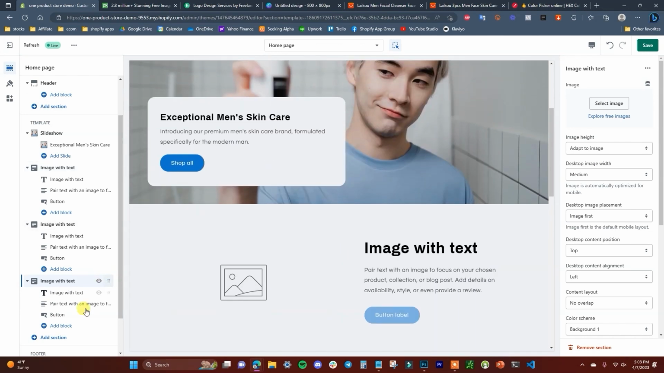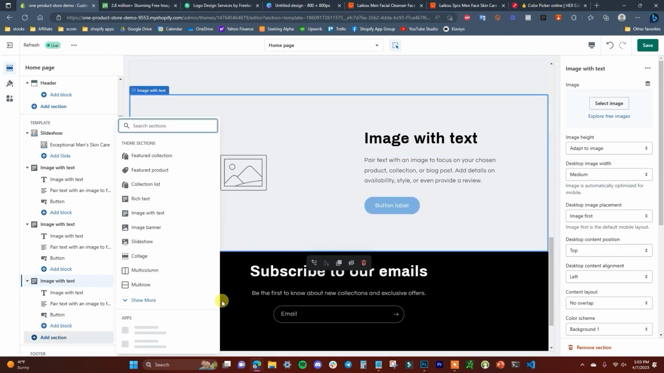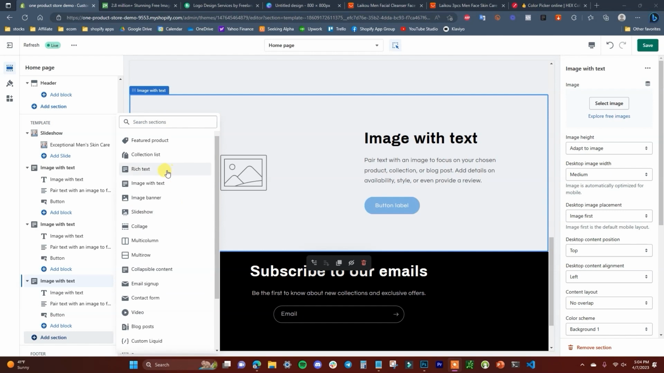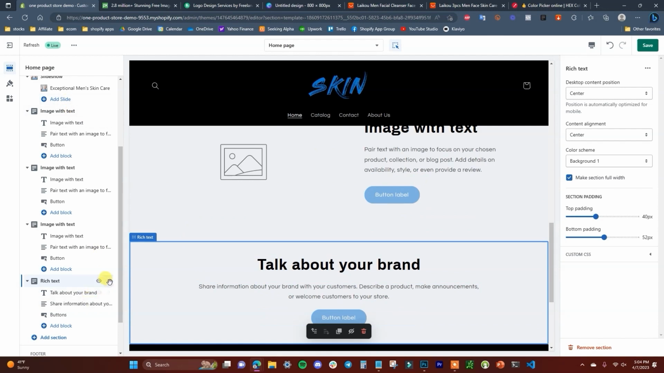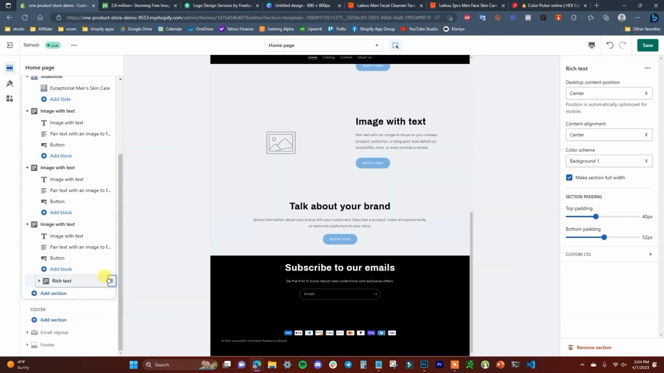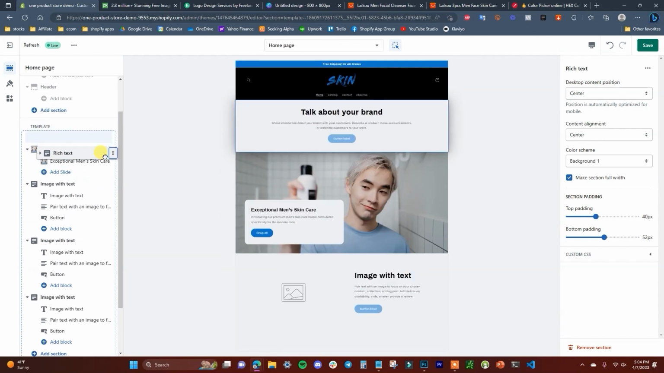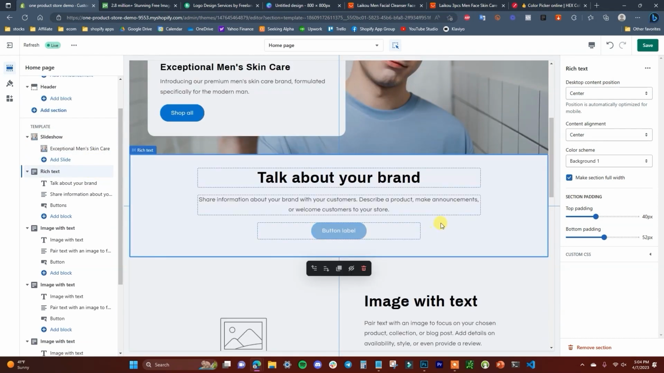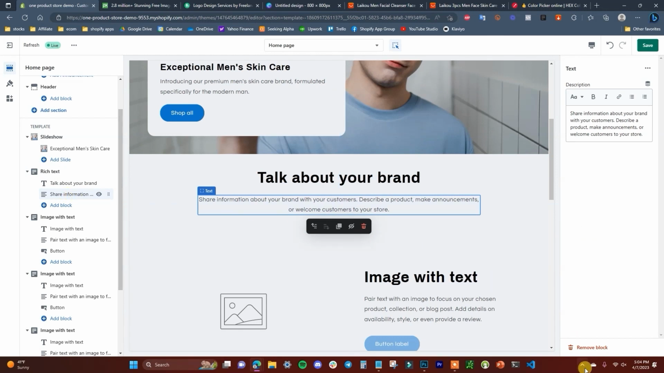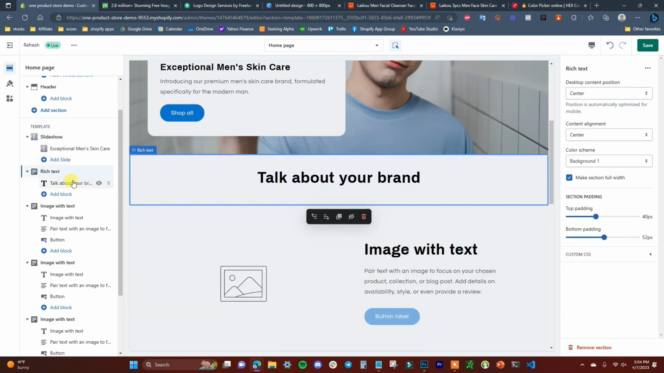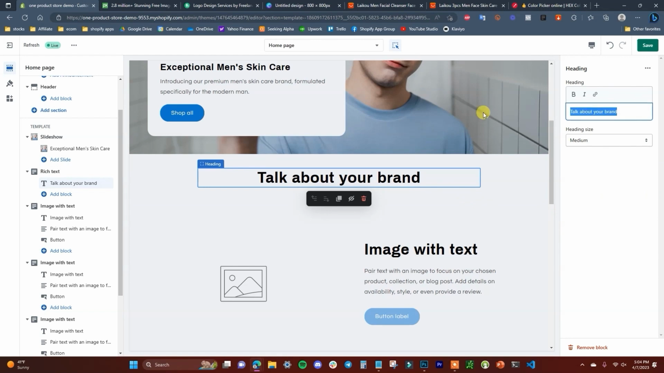And next, I'm going to add one more section, and it's going to be a rich text section that we're going to use as the header for these 3 images with text. So I'm going to grab this section here, drag it on top, and click on buttons, and I'm going to remove this block. I'm going to remove this block because all I want this to be is a title slide. And I'm going to change this to